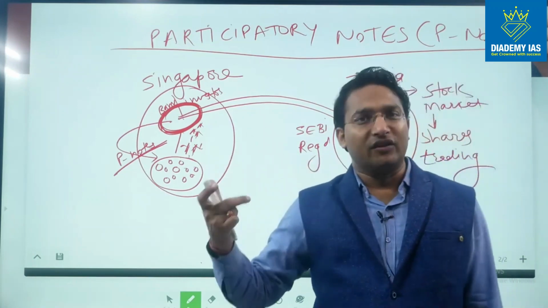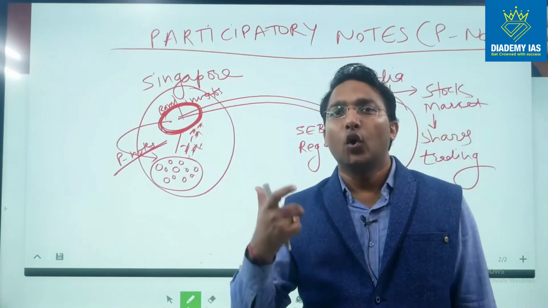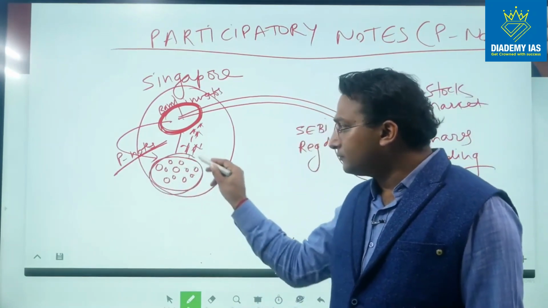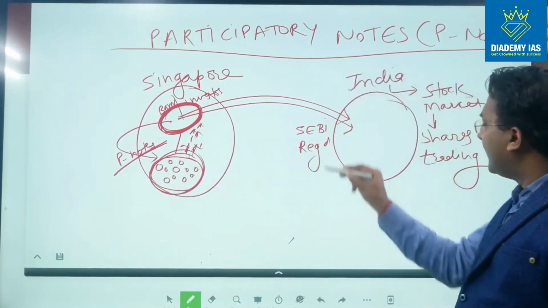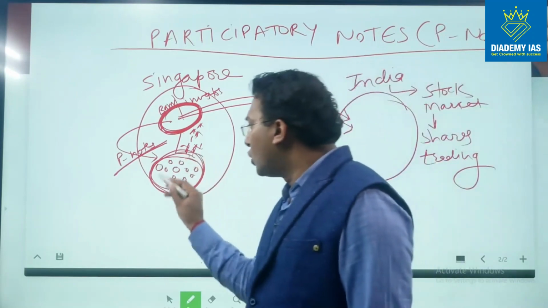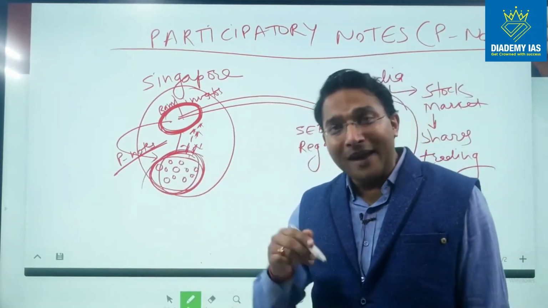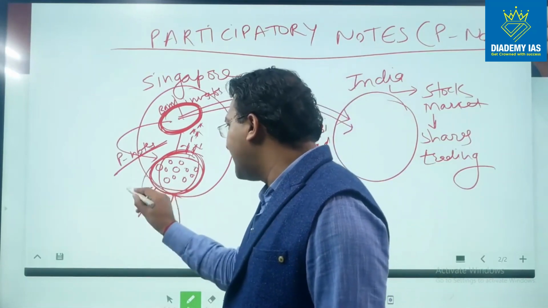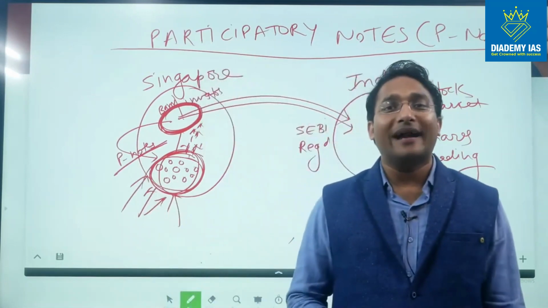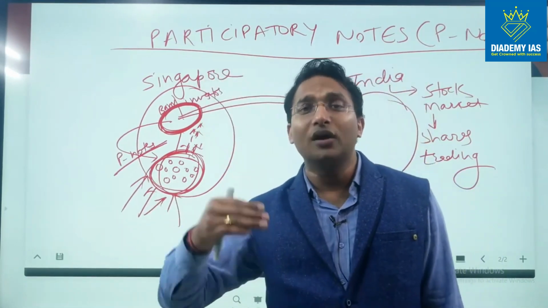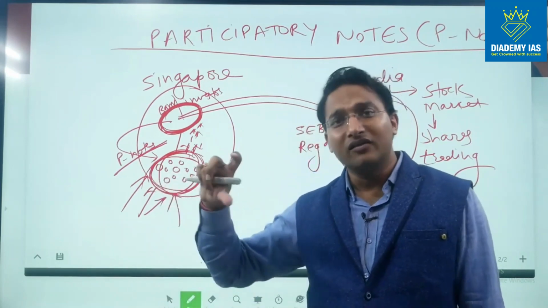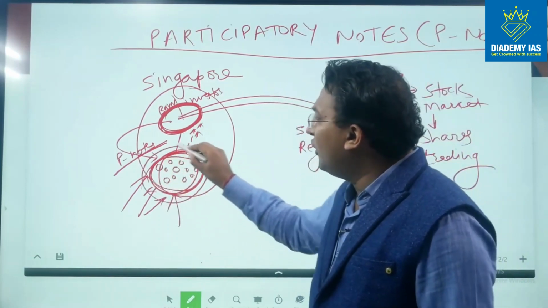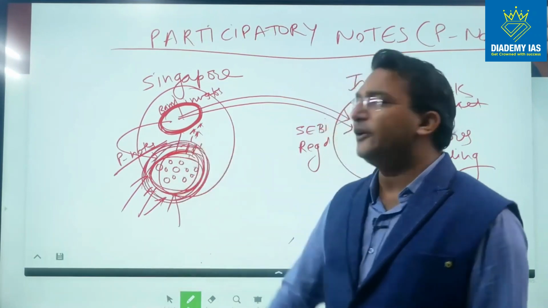Now, what are the negatives? The concern is that because they are not registered, we, the government of India, do not have any information about who these people are. In many cases, they are black marketeers. They are the people who are holding black money, who are involved in terrorism activity, who are involved in money laundering. Money laundering means converting the black money into white money, right?